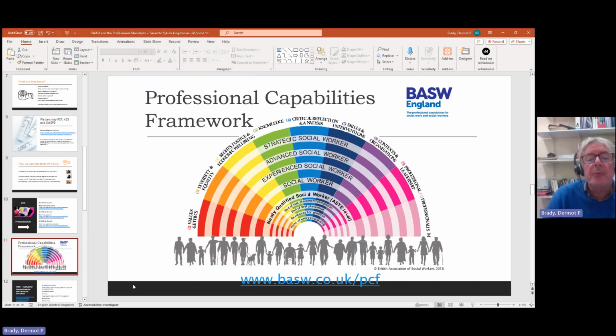And you are no doubt familiar with the domains. These are broken down into various subdomains, but we need not worry about that too much here today. So we're used to the color-coded fan. The ones towards the left tend to be more individual and personal and about casework. And as we go over this other side, they're more about professionalism, leadership, and things of that nature. You get the idea.